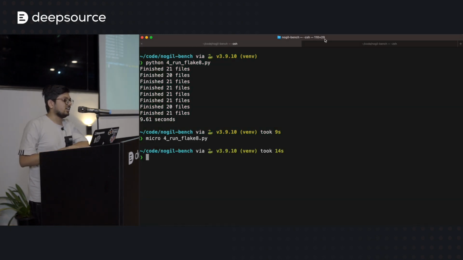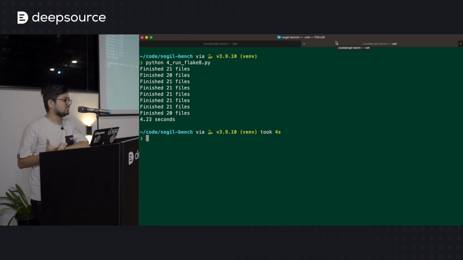So even though the code got faster, which is a good thing, it's not necessary that everything will just magically get faster if you try to write pure Python code. Especially with most code bases. Flake8 is sort of a rare example where it's written fairly well.